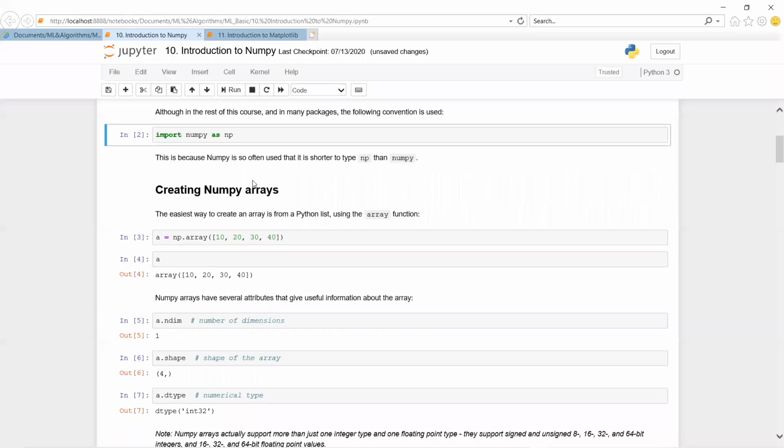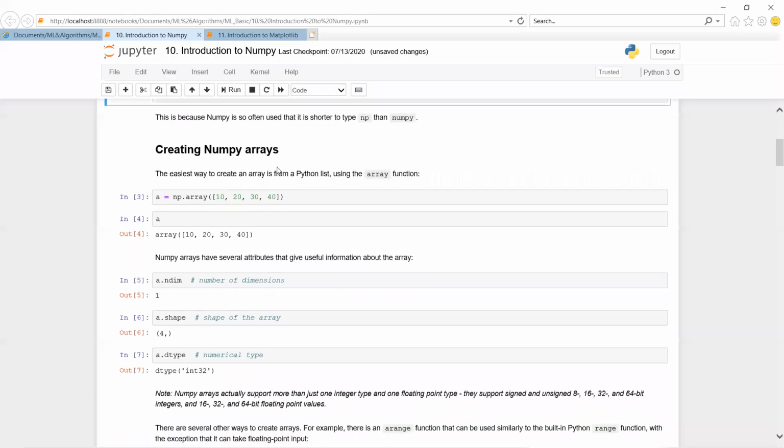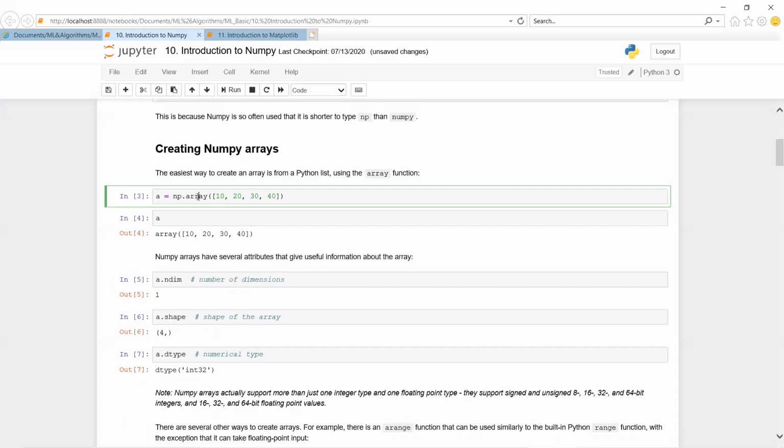Same thing. To create any array, we use the keyword a equals np dot array. According to our requirement we can generate arrays. Here you can see the difference. In IDLE we have to use the keyword print a, but here there is no need. If you just write a, it is going to print the values of a.